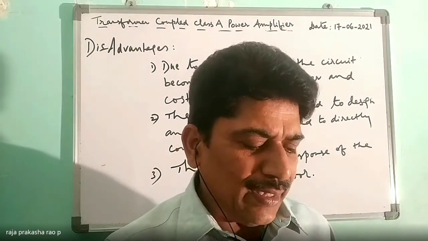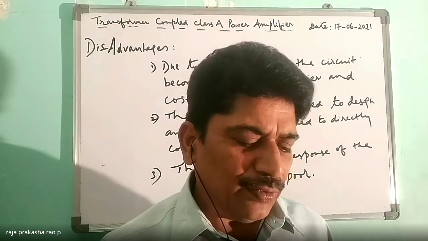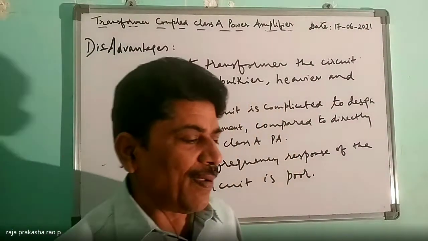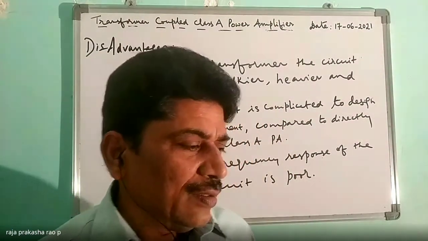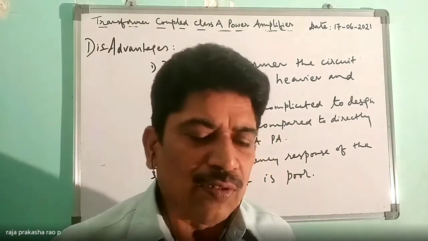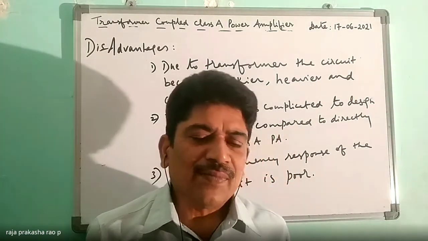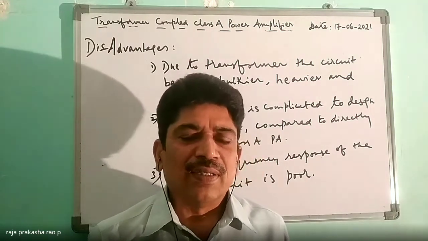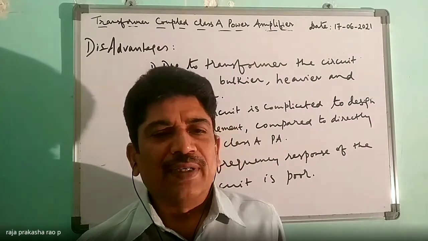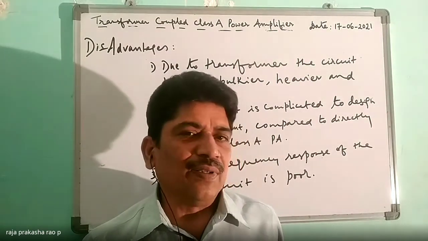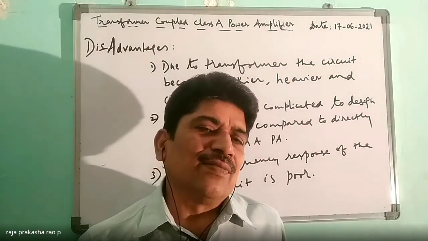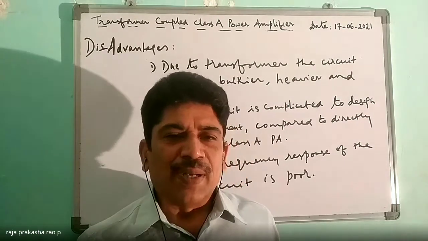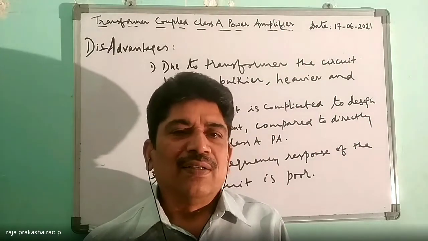Now, we'll see a numerical so that you can understand the concept well. But to do this numerical, you should know the transformer equation, RL dash equal to RL by n square. That expression is required. And you should know what is RMS value, what is maximum value, what is amplitude, and all these things, on the primary side and secondary side. Okay.